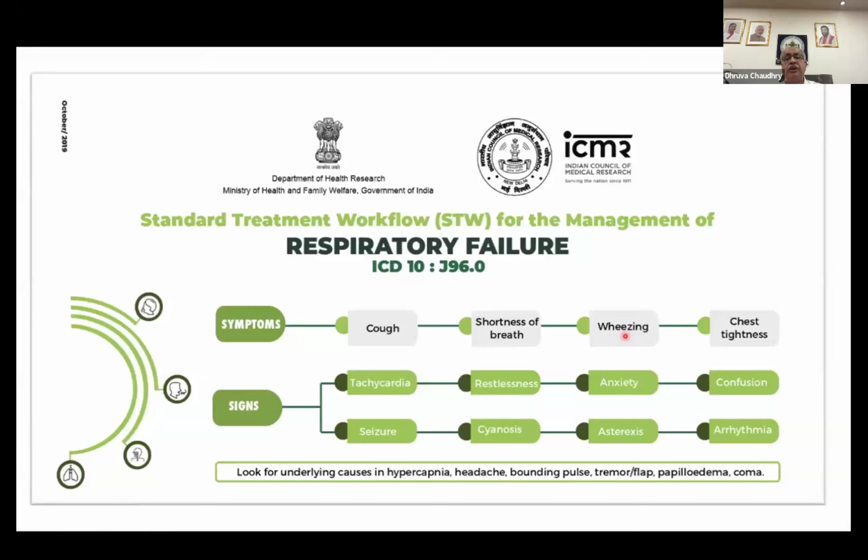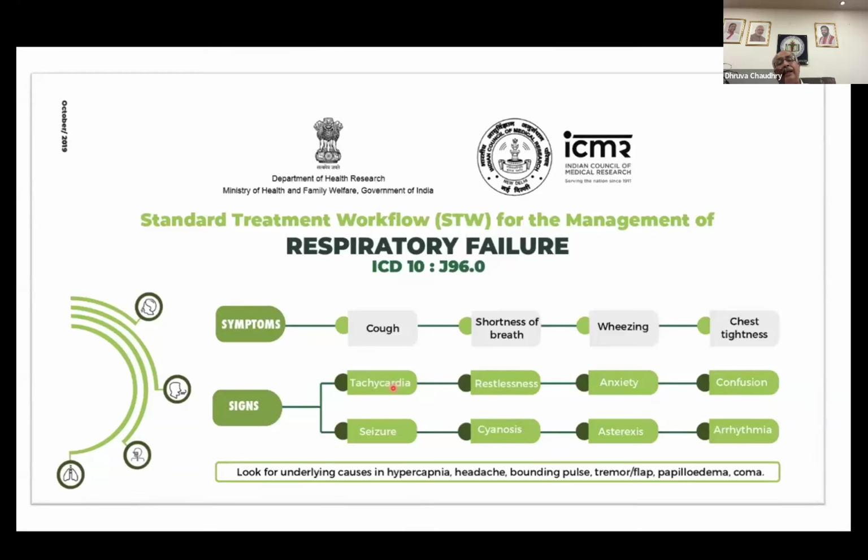In other words, a person who was otherwise asymptomatic, or had breathlessness because of a chronic lung disorder, suddenly becomes worse and finds it difficult to talk in sentences, and finds it difficult to lie down because of breathlessness. That means something is going wrong. So what do you look at that point of time? It gives you an idea that the major function of the respiratory system, to provide adequate oxygenation and to remove carbon dioxide, is probably suffering, and that is ultimately leading to symptoms.